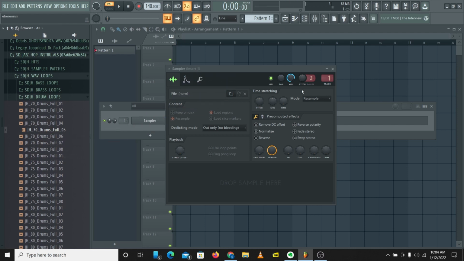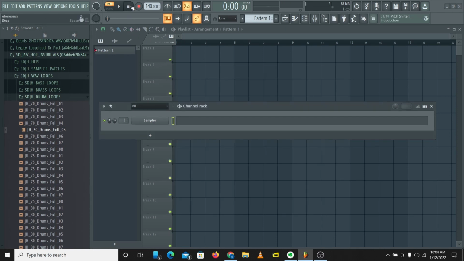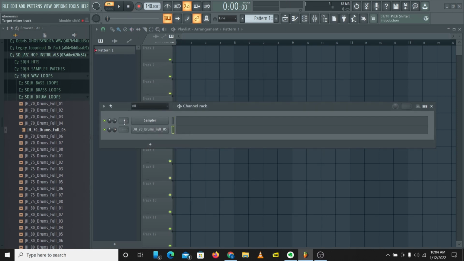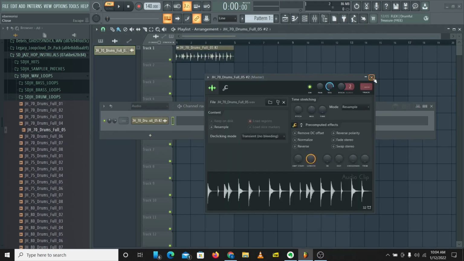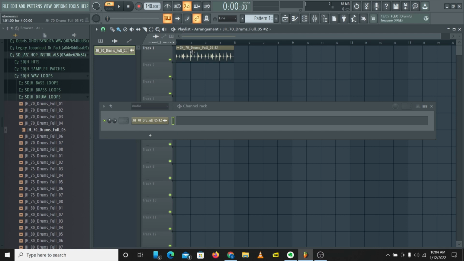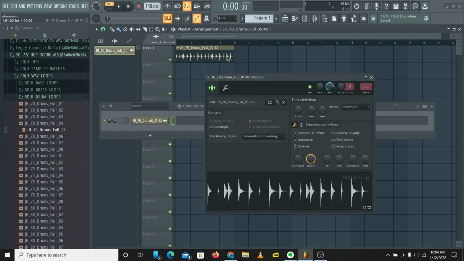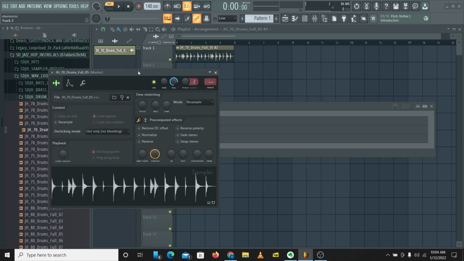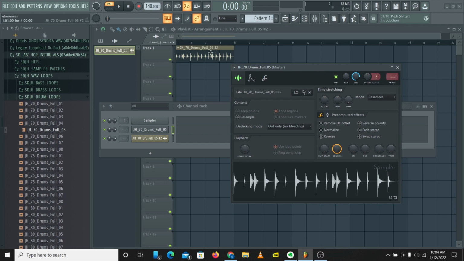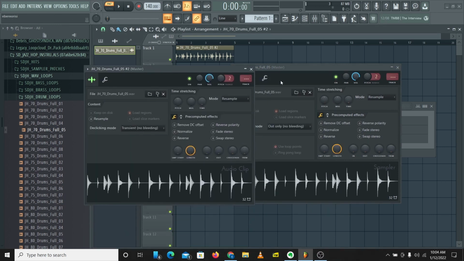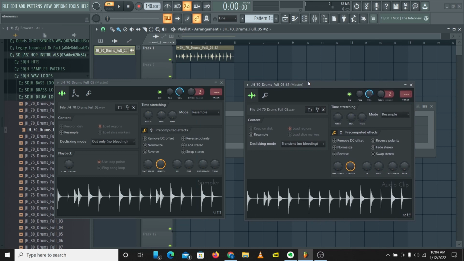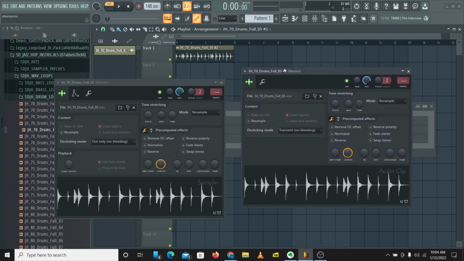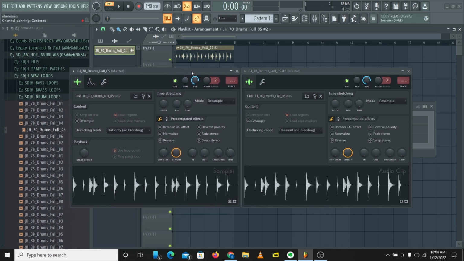There are different ways you can load up things in FL Studio. You can load things to the channel rack, and you can load things to the playlist. If you load up a sample into the playlist, you load up the sampler as an audio track. And if you load up a sample into the channel rack, you load it up as an instrument track. The difference is that the instrument track version can be used as an instrument plugin, so you have to play MIDI notes to work with this.